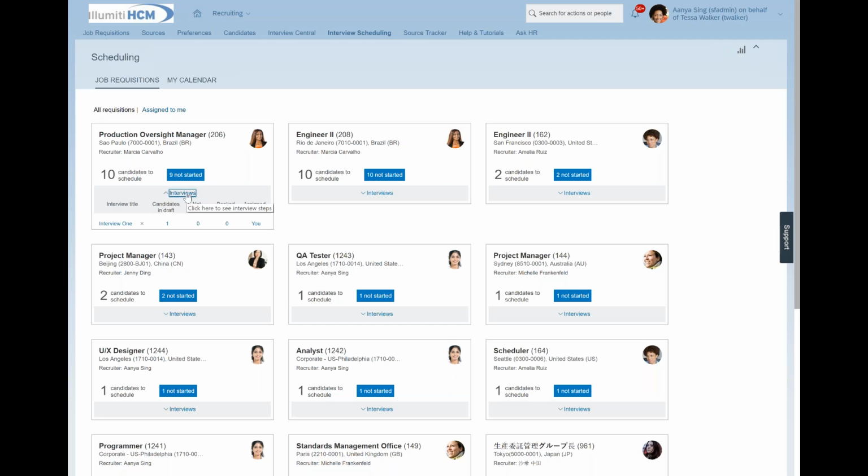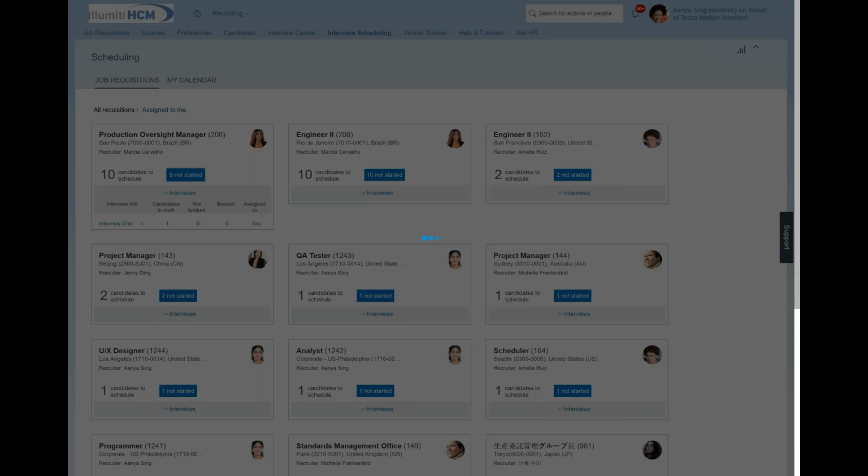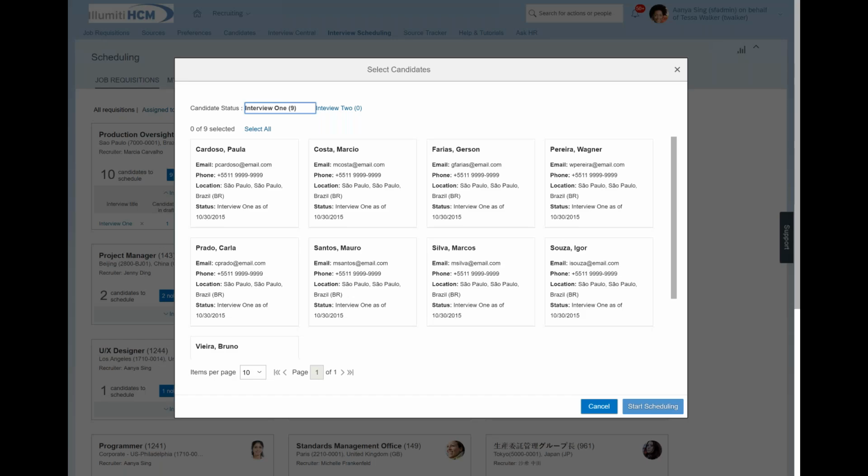When I click on the details button, I can see that one candidate is in an interview draft form and the others have not yet been started. So when I click on the not yet started, it brings up for me the different candidates who need to be scheduled for interviews. And in this case, it is 9 needing to be scheduled for interview 1.